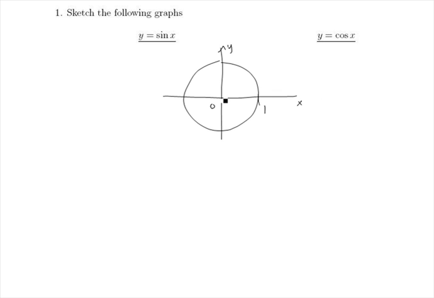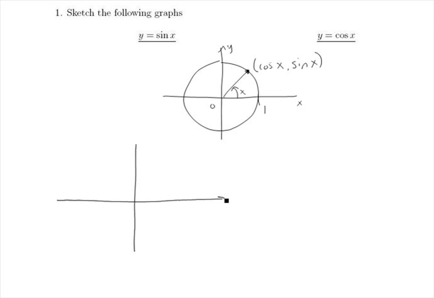then an angle of x measurement hits the circle at the coordinates cosine of x, sine of x. So this point has x coordinate cosine of x and y coordinate sine of x. So when we think about the values of the sine, for example, we can think of it in terms of